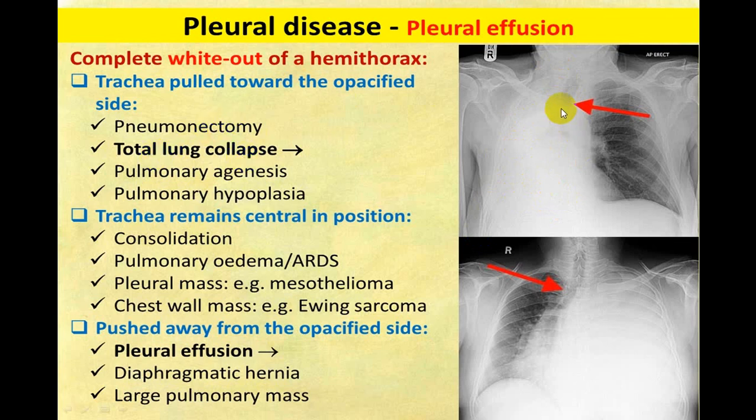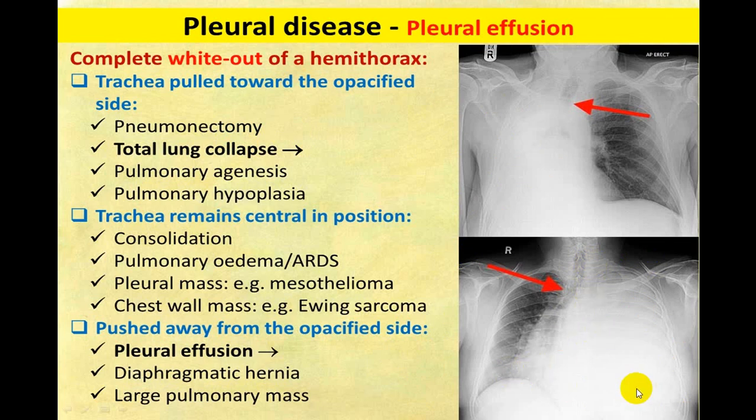Why is it not pneumonectomy? Because the ribs are not resected. If ribs are resected, it will be in favor of a pneumonectomy. And in a pneumonectomy, you may even see pleural calcification or pleural fibrosis. So try to identify that. Now if you see here, there is a shift of trachea to the opposite side. Homogeneous opacity on the left side. Left paratracheal strip I cannot make out.